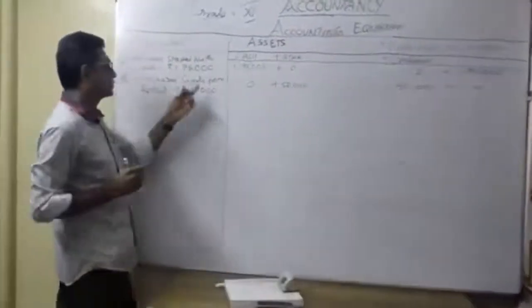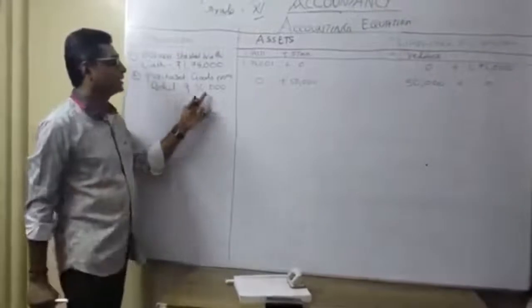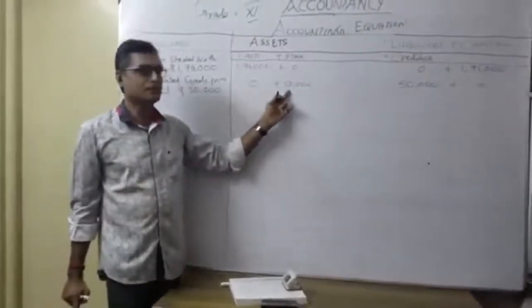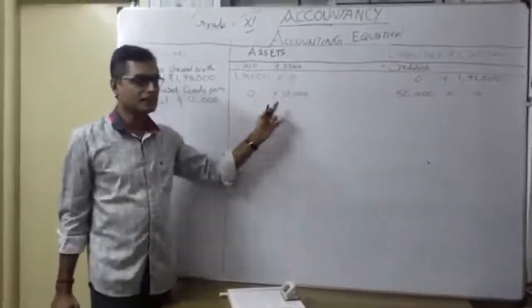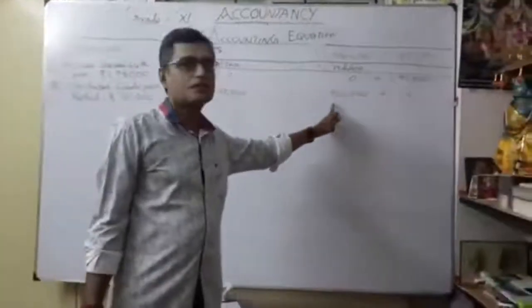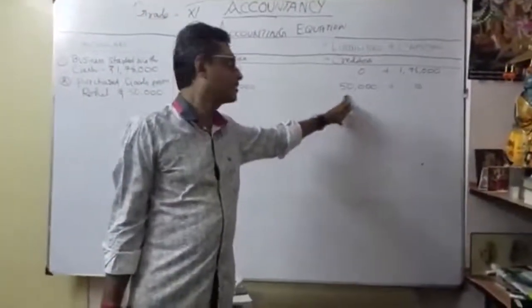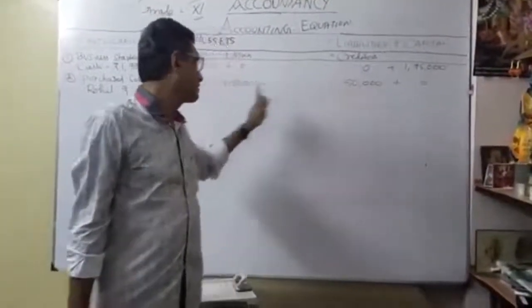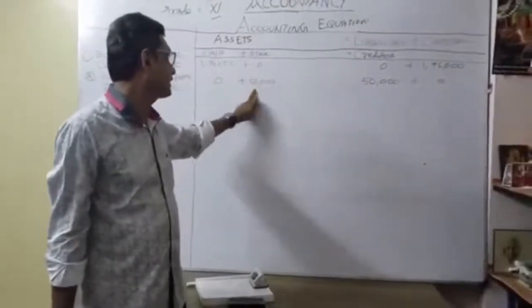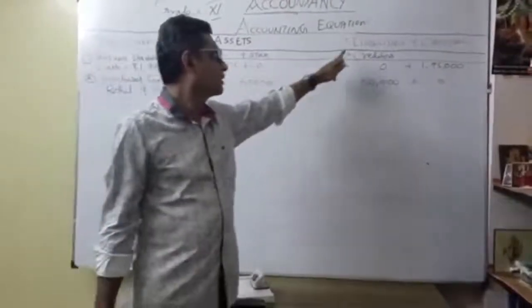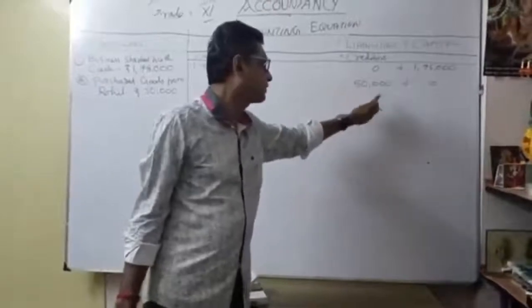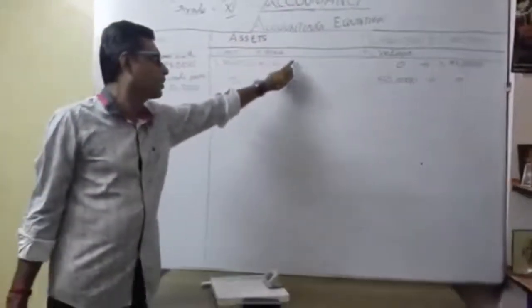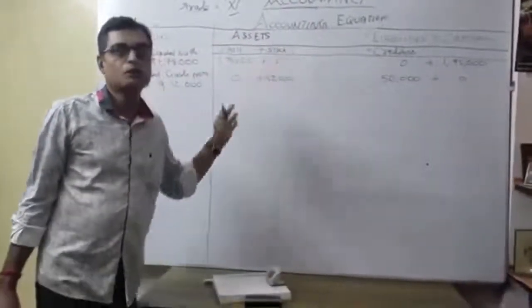So, purchase goods from Rohit, 50,000. We got goods purchased, so I showed it as stock here. Similarly, it is a credit purchase, not cash, so I showed it as creditors. Now we have to check both sides. Asset side, stock 50,000, equals liability side, creditors 50,000. You understood why I got this column? So you want to follow the same method.